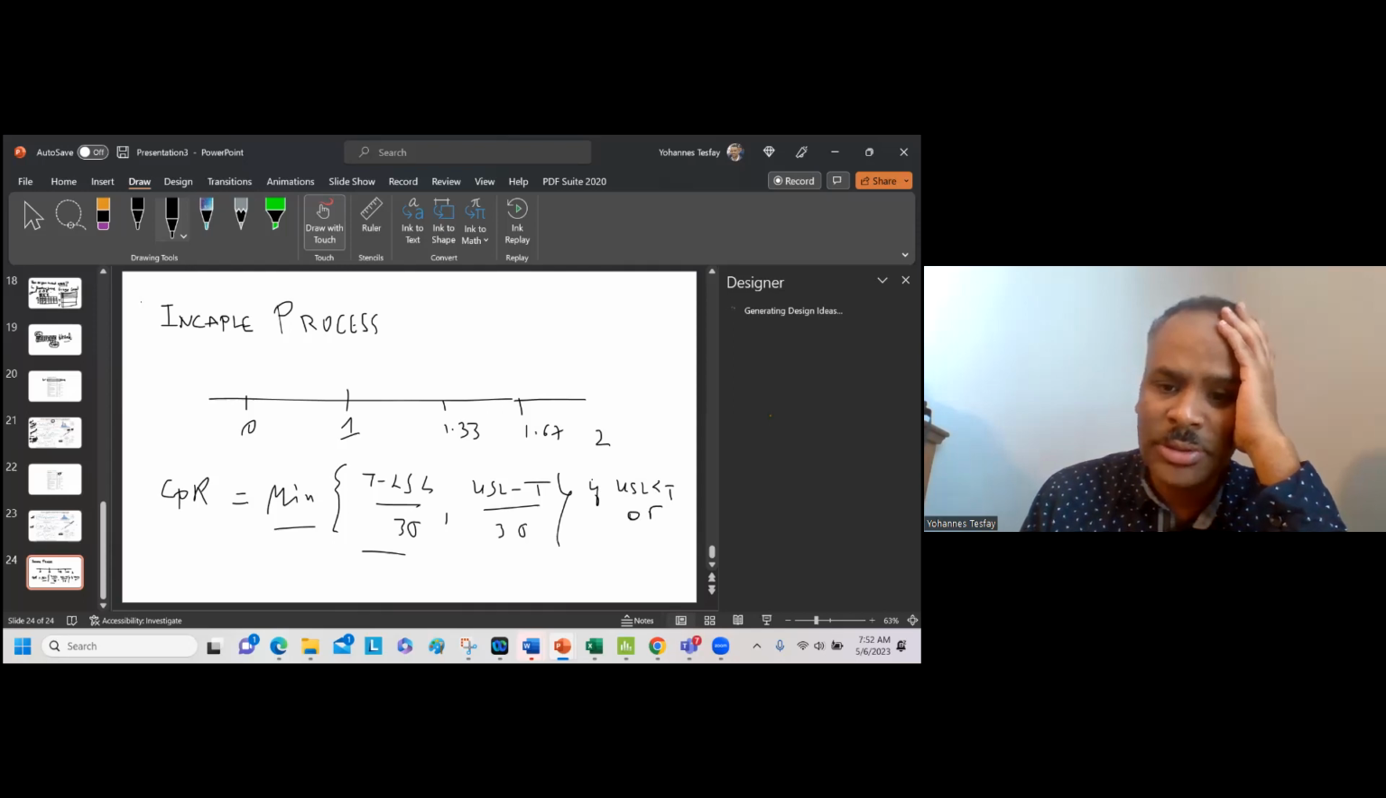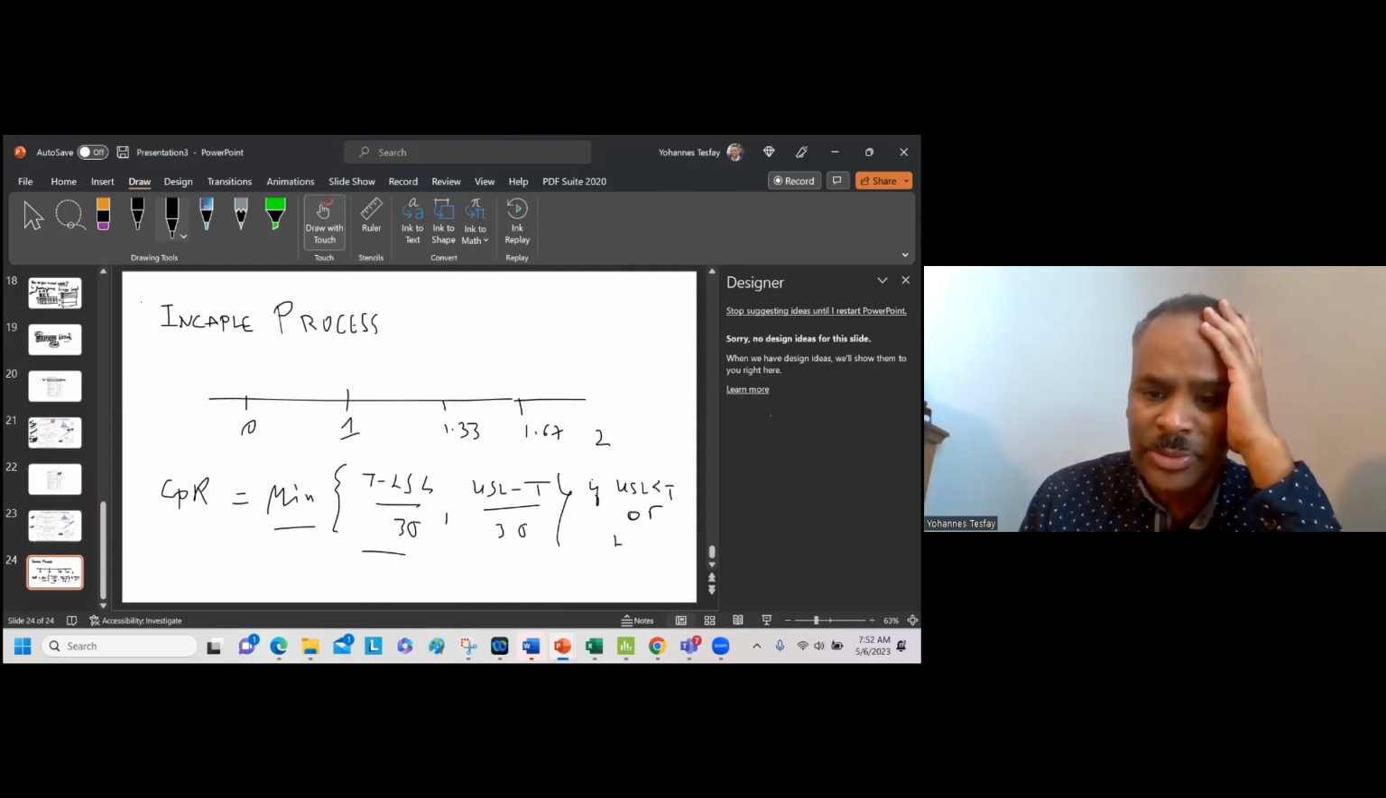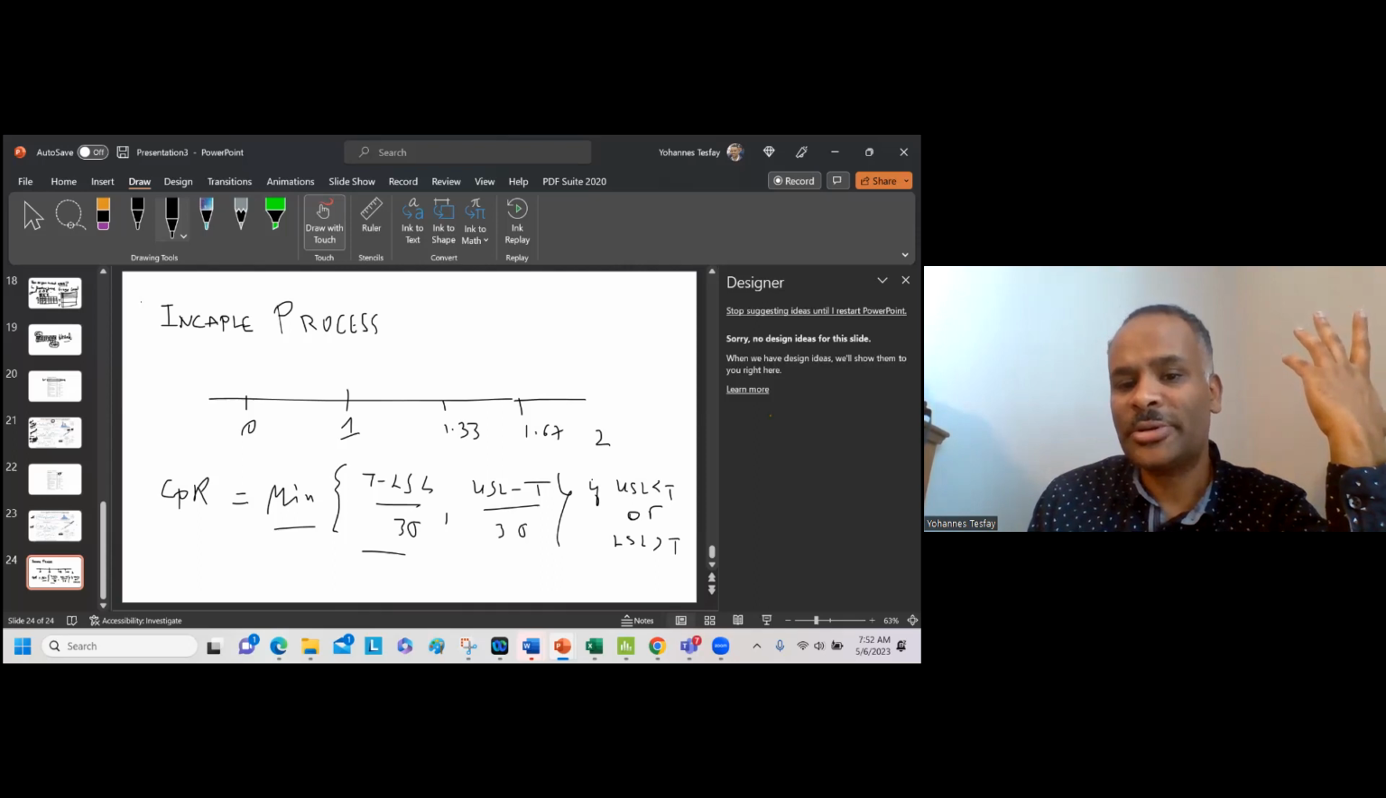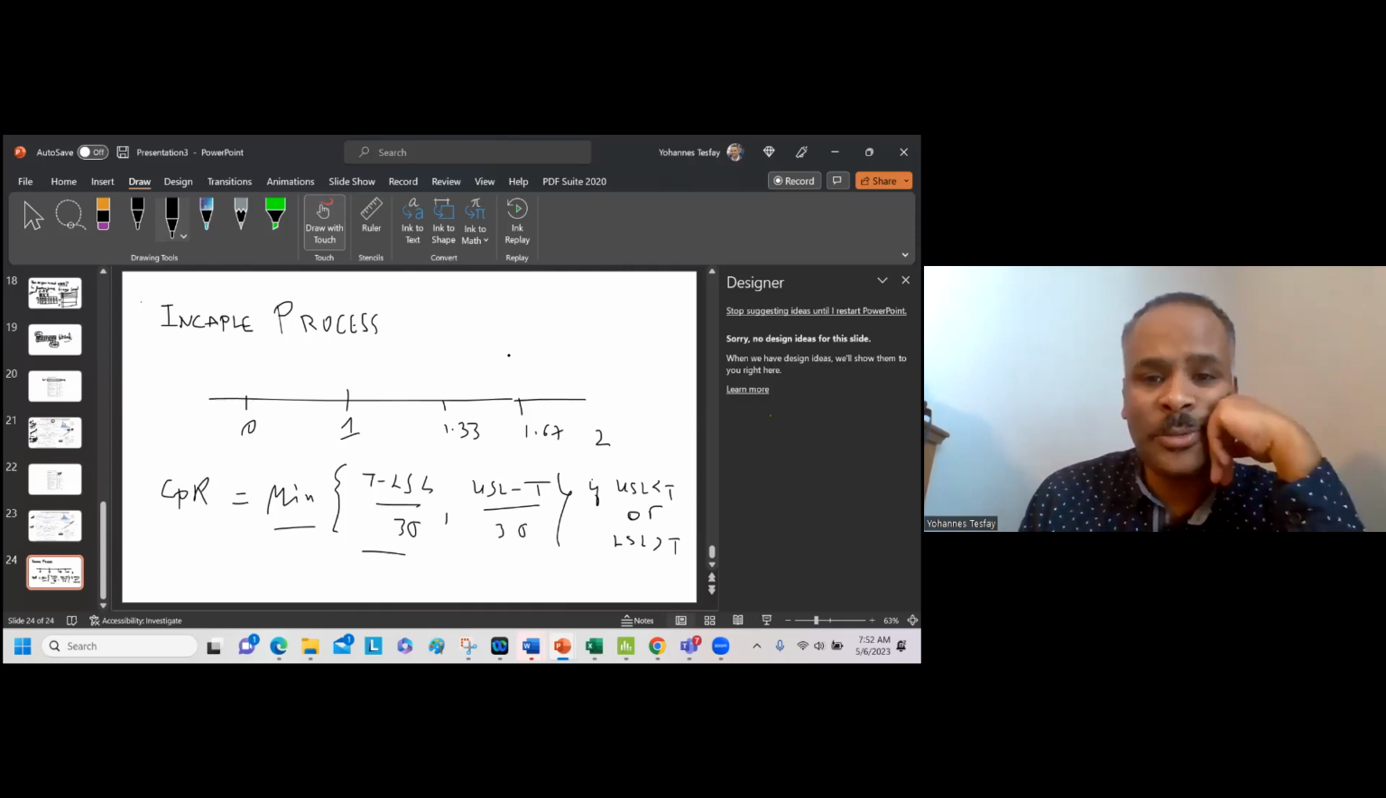or lower specification limit greater than the target. These are the two scenarios. Now, for example, this is your process. Suppose this is your lower specification limit and this is your upper specification